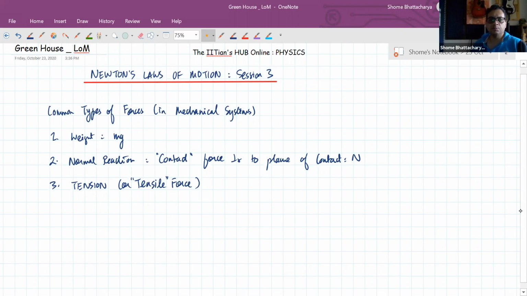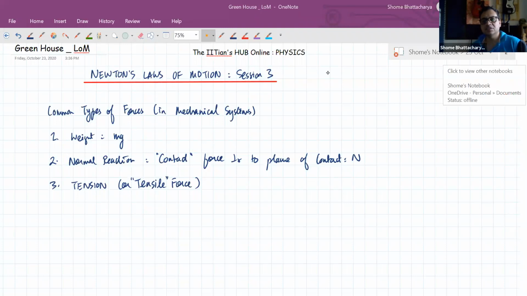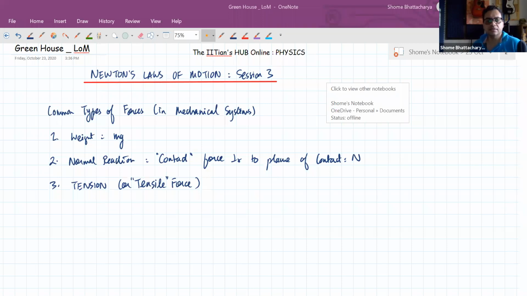But the moment we pull the thread from both the ends, like I'm pulling the pen here right now, with some force, it develops a tension, or it becomes tight. That kind of force comes from the property of elasticity. But here we are referring to a material that may not be elastic also, like it may not stretch under the action of force, unlike a rubber band. But the moment we apply force from both the ends, it develops this property of tightness as opposed to being loose. Tightness means that within that material there is a force that acts along the length, and that is called tension.